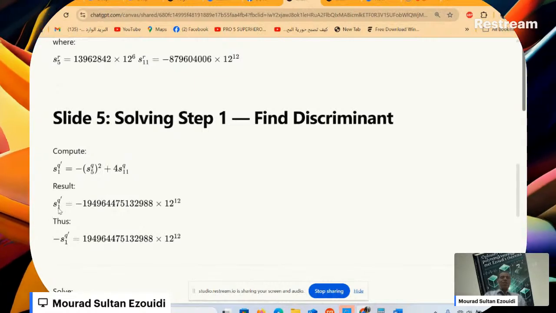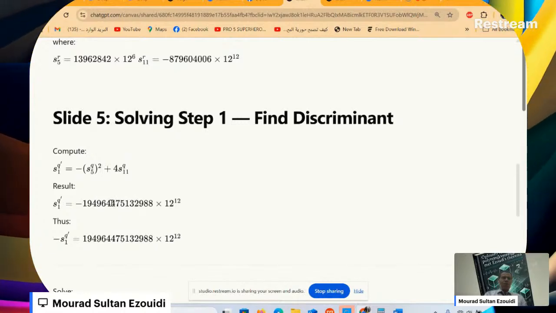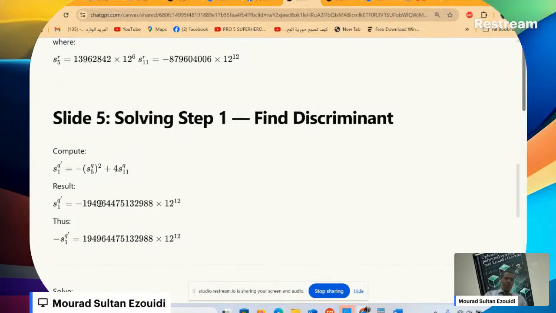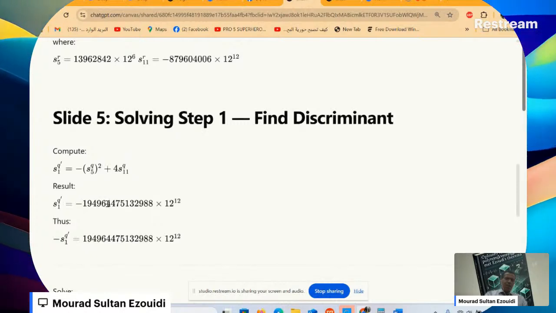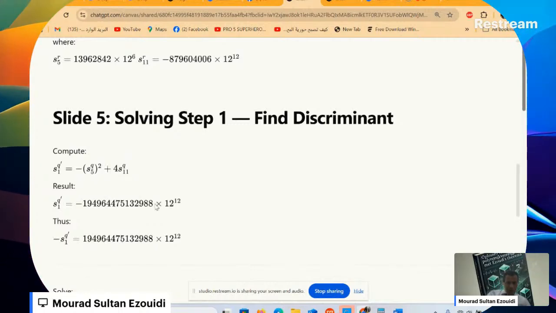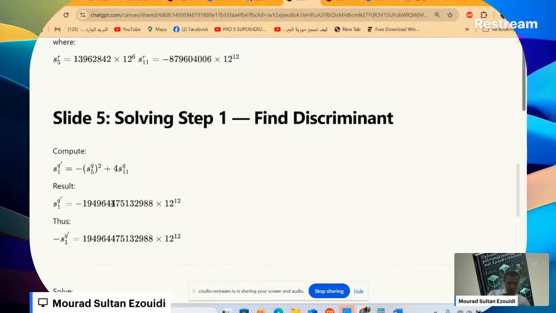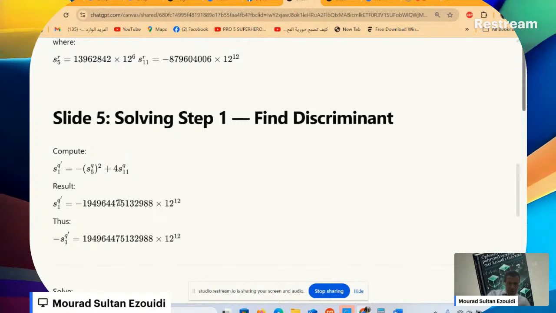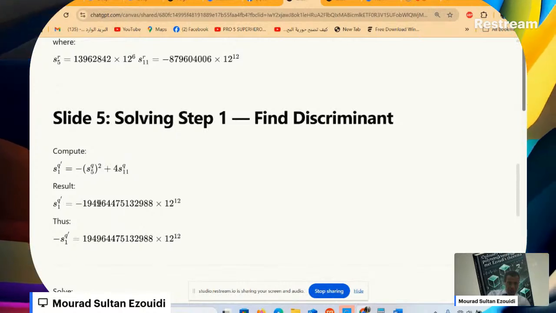This is the value of S1 of order 2 dash, which is equal to negative 194 trillion